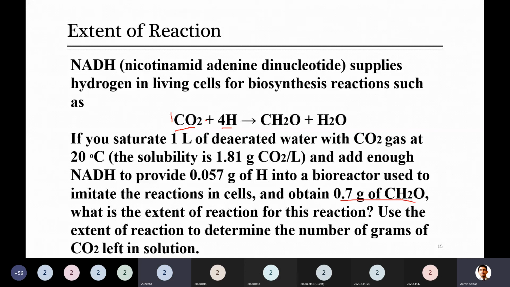Sir, when you calculate the moles of H, and then you calculate the moles of the product, the ratio is not 4:1. Okay, right. Then what you want to say? Okay, one thing. You consider that this is not exactly 0.7, this should be some other value. Yes, sir. Because the question doesn't give enough H. Yeah, right. Maybe you're right. Fine, but as per the given equation, because he said how much is produced, I'm using that.